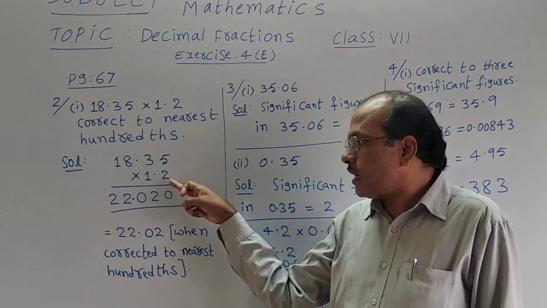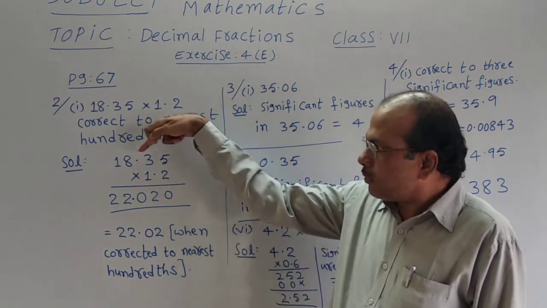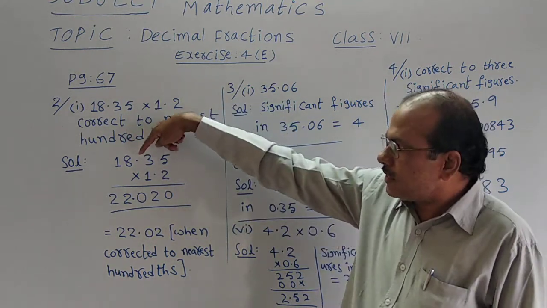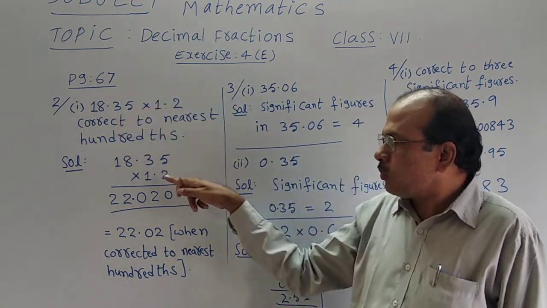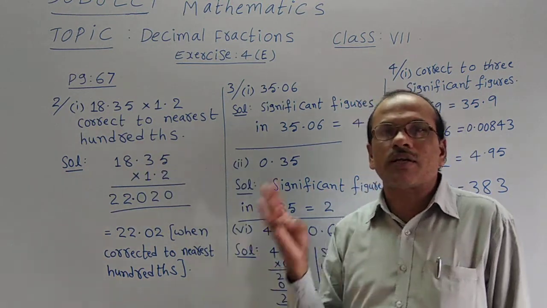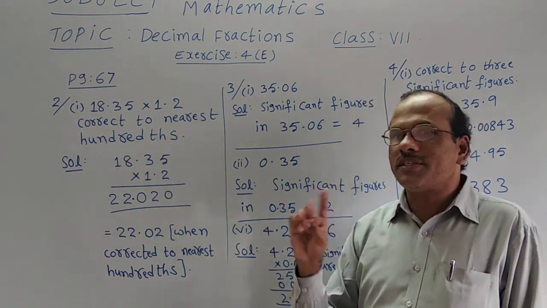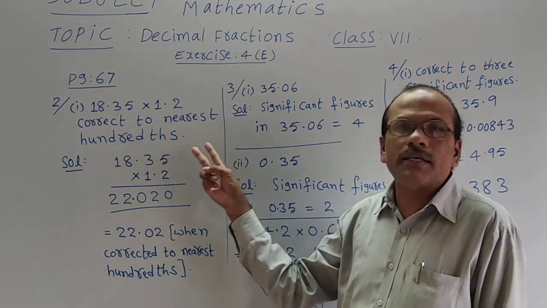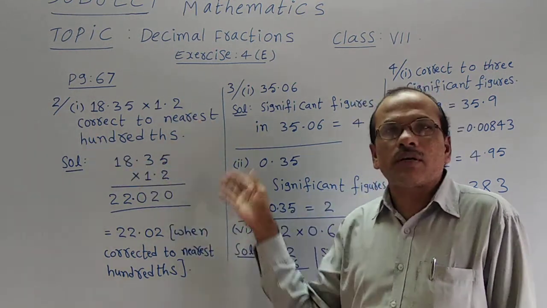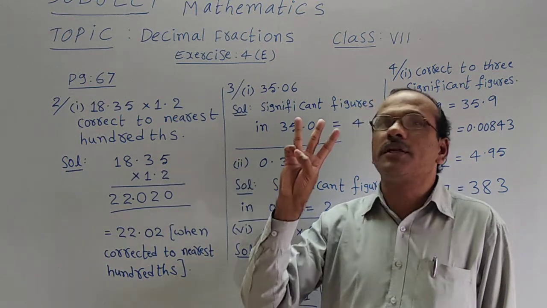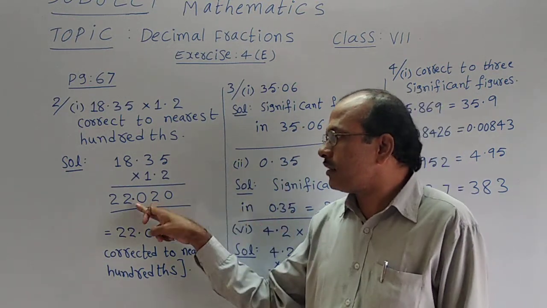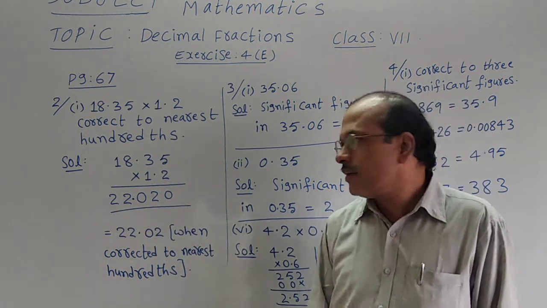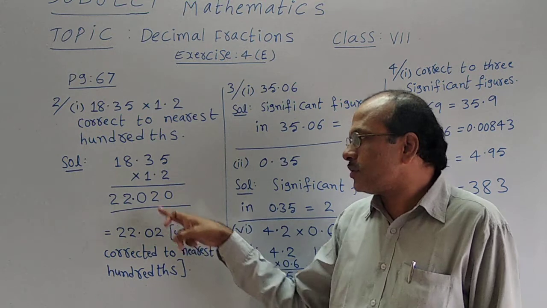Here the point is after one digit, and here the point is after two digits. Total, the point is after three digits. So the point is placed after three digits in the product. Okay now? Then it changes to